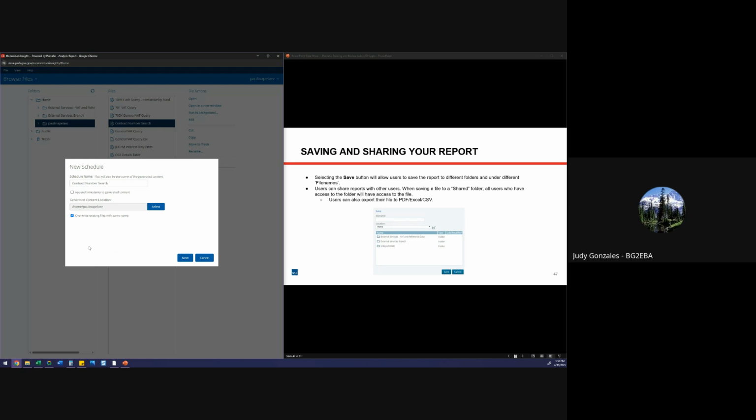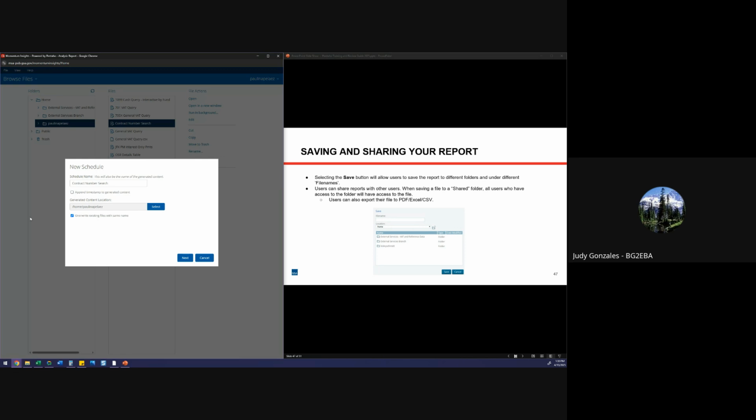You're also going to get the email. So what will happen is if this runs every day for 6 weeks, you're going to have many reports, many CSV files in your folder for this. So if you're going to have it emailed to you, I suggest that you check that box to overwrite that report, so that way it's not generating a brand new file every single